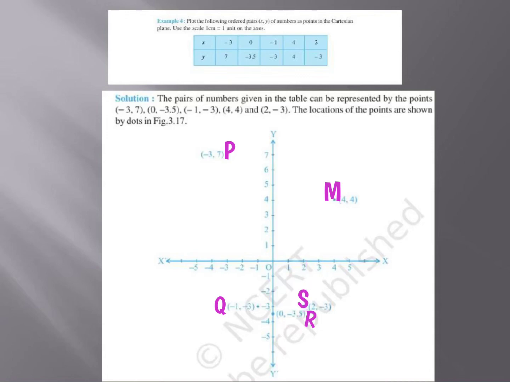So students, with this we conclude our lecture, or you can say we conclude our chapter. This is a very small chapter but interesting and at the same time important also. After studying this chapter, I hope it is clear to you what a coordinate plane is and how a point can be plotted on the coordinate plane. If a point is given, how you can find the coordinates of that point. You can also state which quadrant a particular point is lying in without plotting it. So that's all in this chapter.